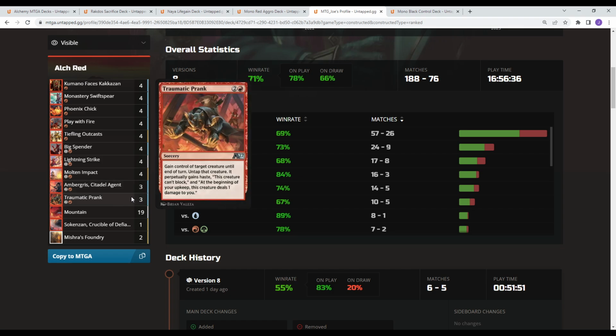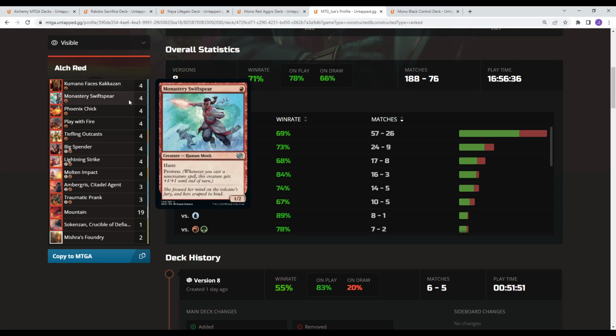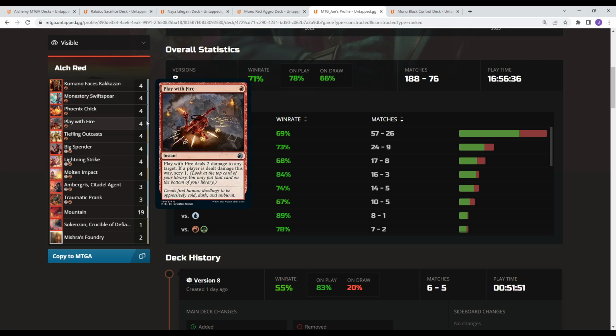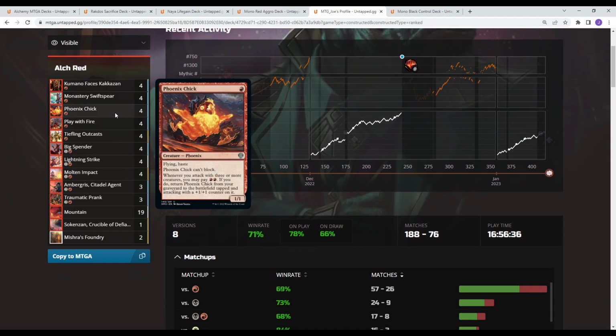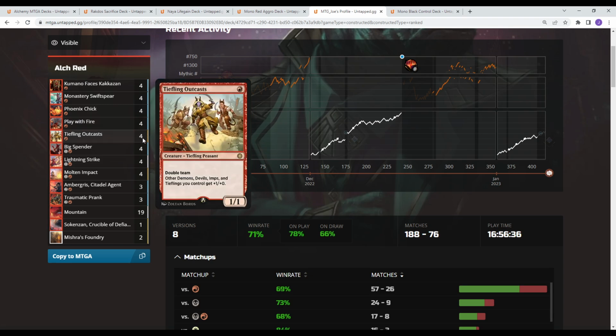We played none of the 4-drops. I'm on the Swiftspear early package. And then I've recently made the change. I've cut one Phoenix Chick in lieu of...